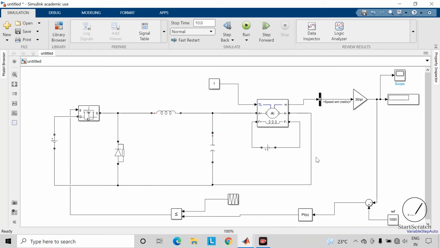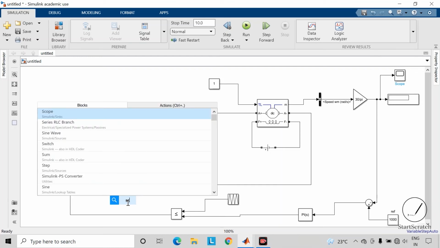So what we have done in this closed loop is that we have taken this output speed and subtracted it from our reference speed, and then we have fed this signal to this PI controller. So this PI controller will process this input signal and it will generate an output signal. So after that, these two signals of this repeating sequence and PI controller are getting compared with the help of this relational operator, and it will generate pulses. So we are feeding these pulses to this gate signal of this MOSFET.